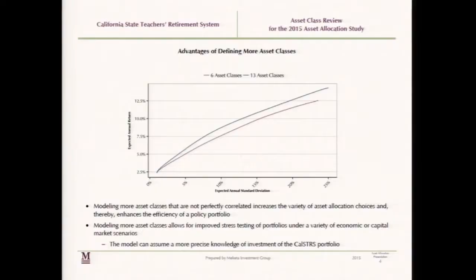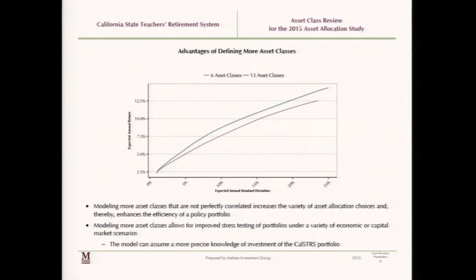Slide 4 just shows an efficient frontier, perhaps one of many you might see in the next few meetings from us and PCA. This is just a mathematical abstract. We talked before about the rationale for modeling more asset classes: you get a more granular picture of risk. In a mathematical context, as long as the asset classes have a correlation of less than 1, you have the potential to end up with a portfolio that's more efficient.